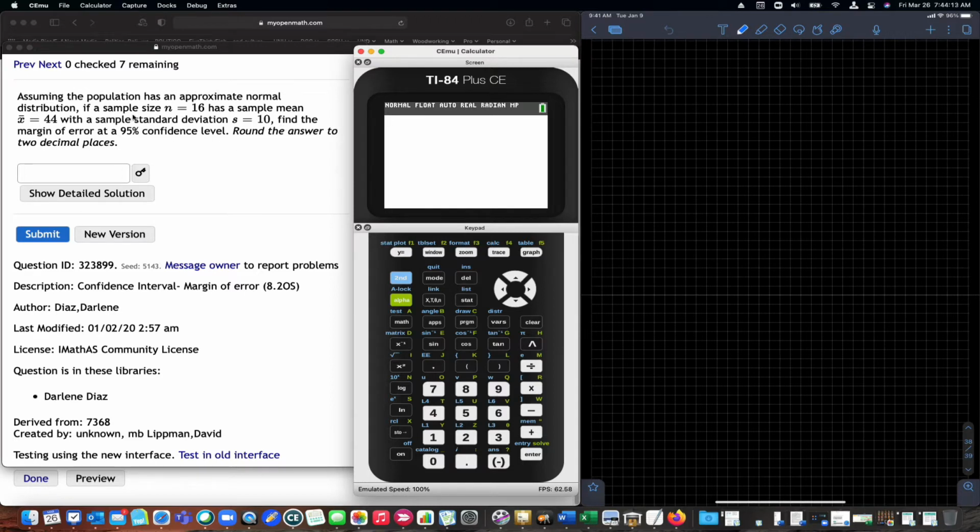So they give you all this information. They tell you what n is. They tell you what the mean is. They tell you what the standard deviation is, and they want us to determine what the margin of error is. And if you recall yesterday in class, I reiterated the idea that our margin of error,